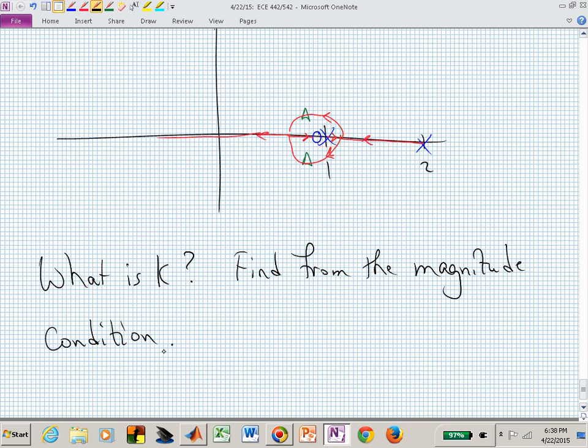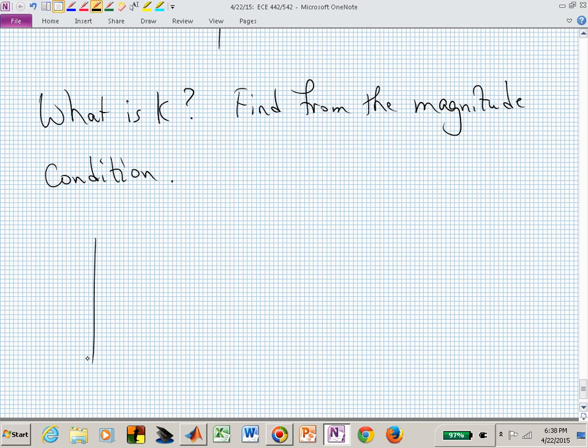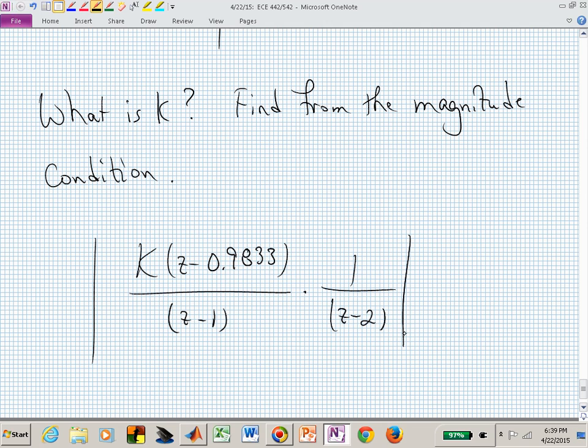And I can use the magnitude condition, my other condition on the root locus, to find that k. Because I know that the product of my controller times the plant has a magnitude of 1. And if I solve that for k,